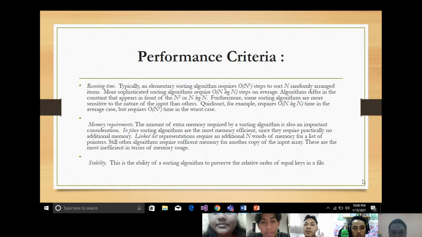Performance criteria has three: running time, memory requirements, and lastly, stability. This is the ability of a sorting algorithm to preserve the relative order of equal keys in a file.